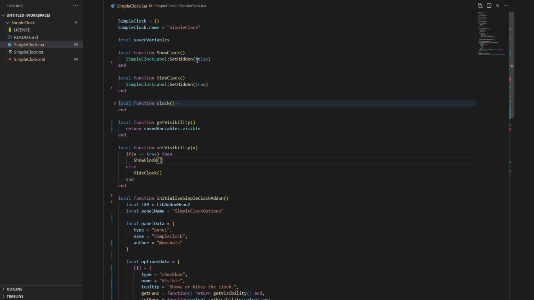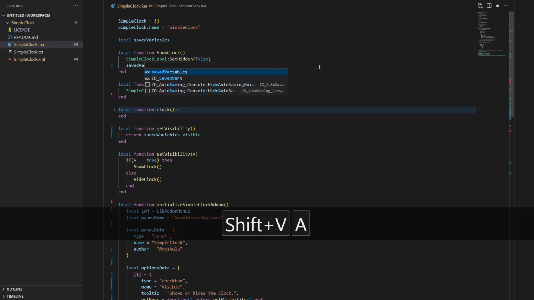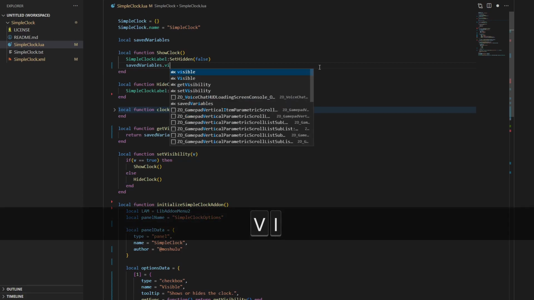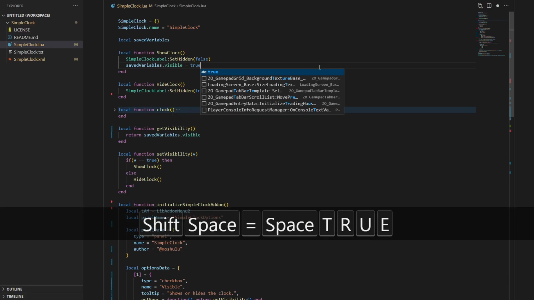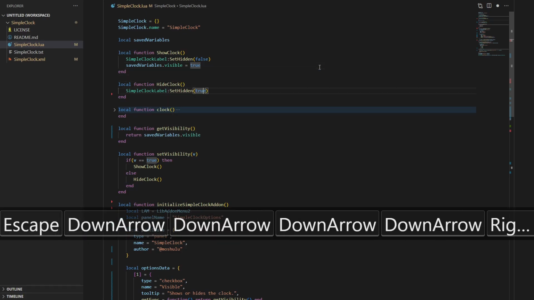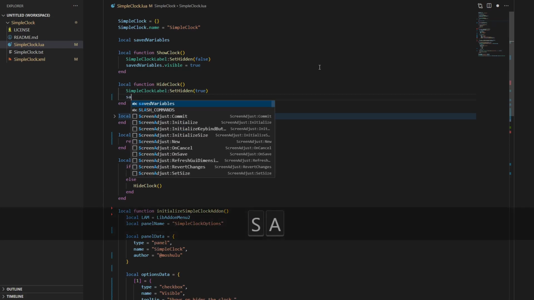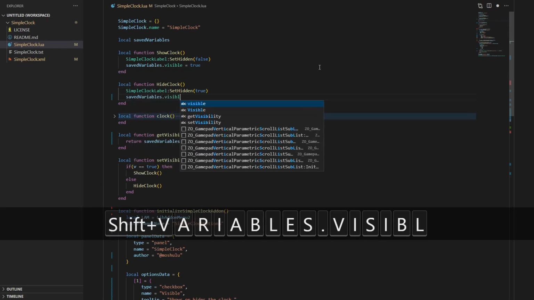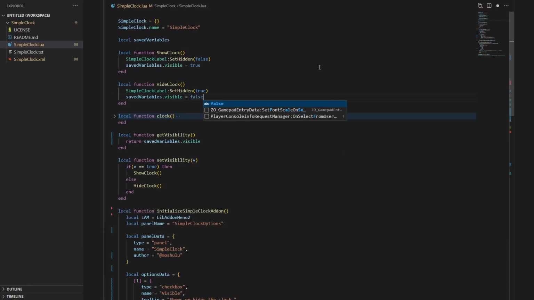There's one last thing that we have to do, though. We have to set the saved variables table to our new value. Since we wrote some commands that use showClock and hideClock last video, let's set the SavedVariables.visible value in the showClock and hideClock functions. In showClock, write